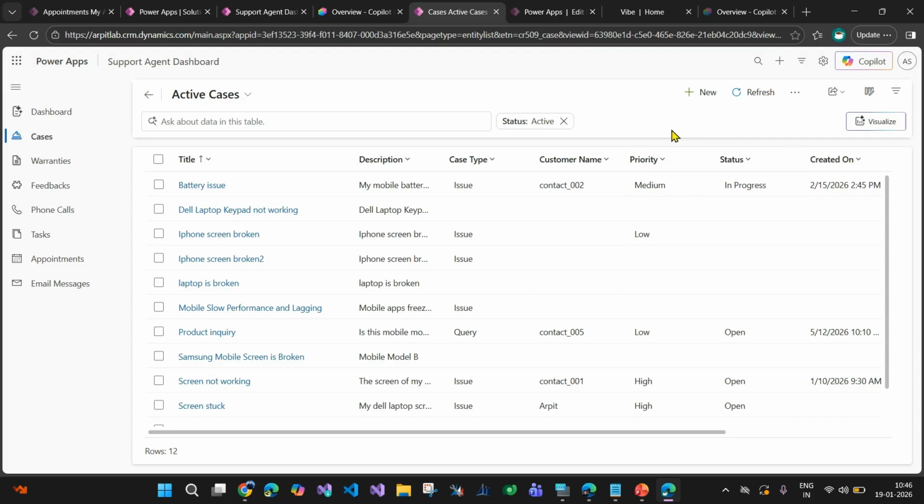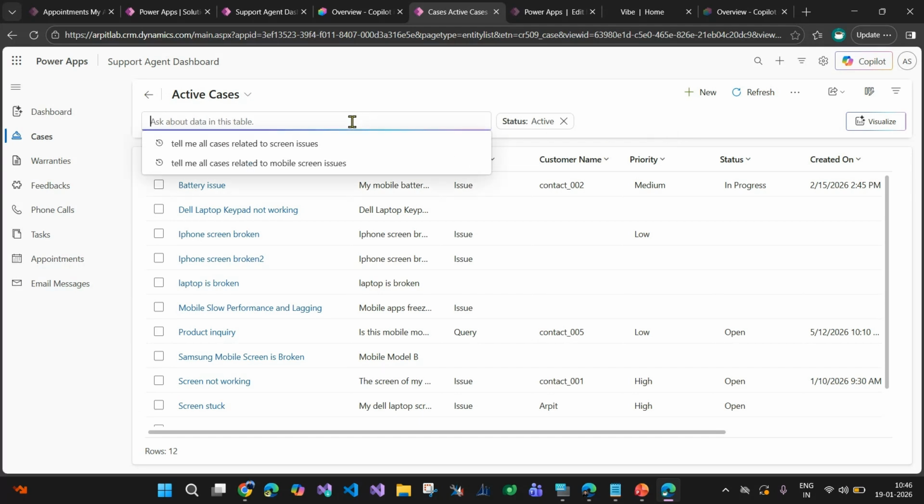Edit filter and advanced find are still relevant if you want to download the FetchXML. But if you have really complex queries, or have to retrieve data from Dataverse using a combination of multiple columns, it's hard to search. Microsoft has provided this search option where you can simply search your data in natural language. For example, if I ask, tell me,